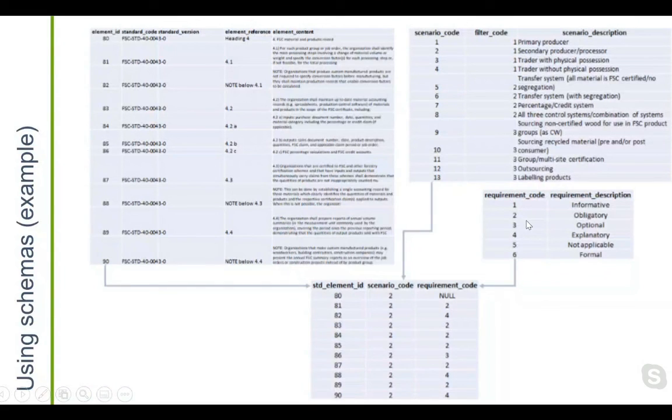But for example, if it's about labeling, this clause can be optional or merely explanatory, right? So this is the solution that we provided for you in the schema. But if you feel, for example, that you want to add another attribute here, and your app will demand that, it will be a better solution for you, you can just add this attribute as you wish. Or if you feel that you want to create a new entity, you can.